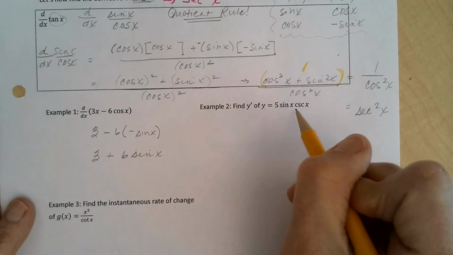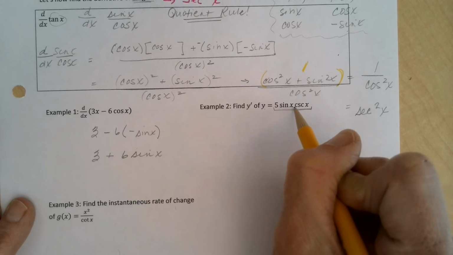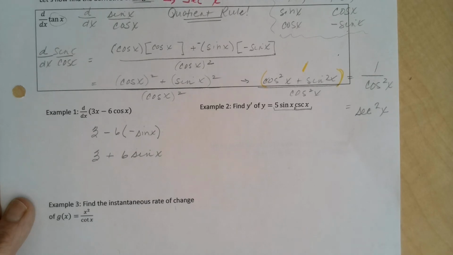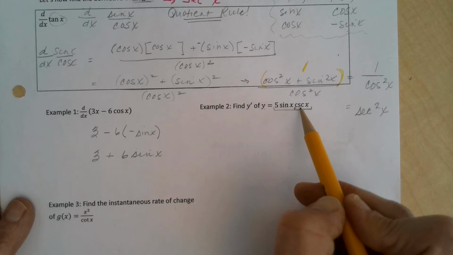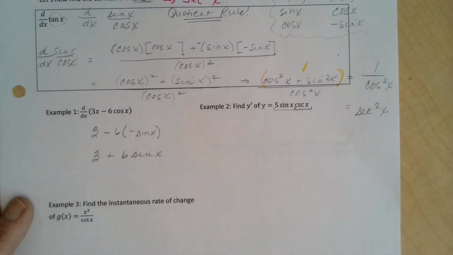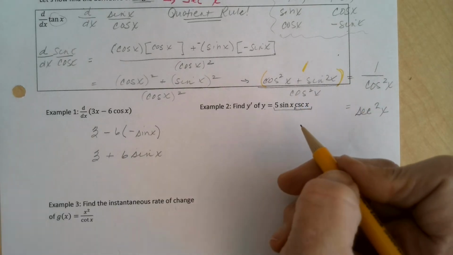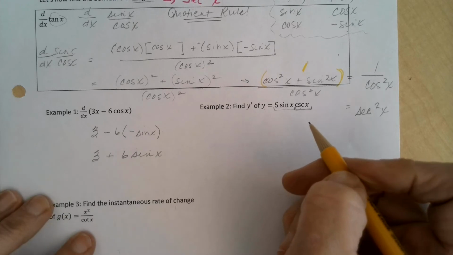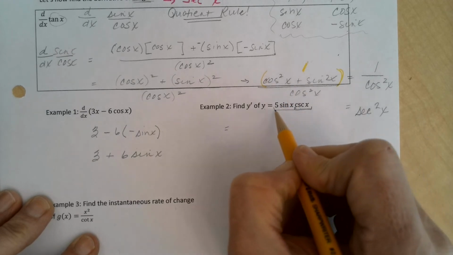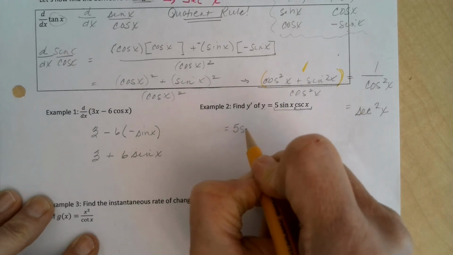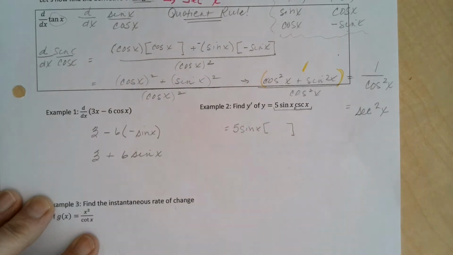Okay, so find the derivative of, do you see the product? And in fact, you can go ahead and rewrite this as 1 over cosine if you wanted to, and rewrite it as a product if you wanted to. We'll go ahead and keep, or do it as a quotient. We'll do it as a product. So y prime is going to be equal to the first times the derivative of the second